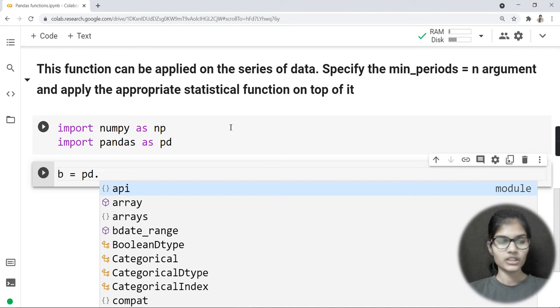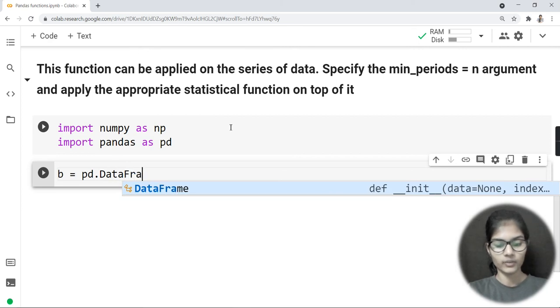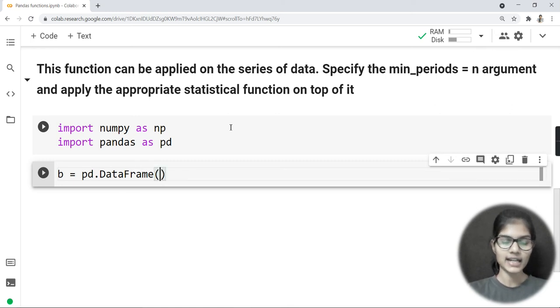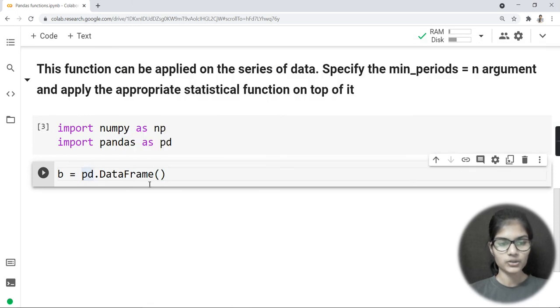So I'll be using pd dot. Now what next will I be using? I'll be using one function, and that one is DataFrame, right? You all remember that when we need to define any data on our own for some function or program, we use the function DataFrame. Now I would put the bracket. Inside the bracket, what I am going to do is firstly use my numpy library.